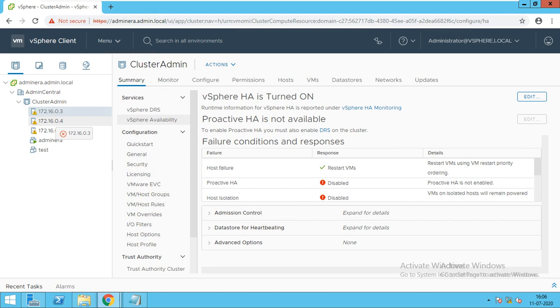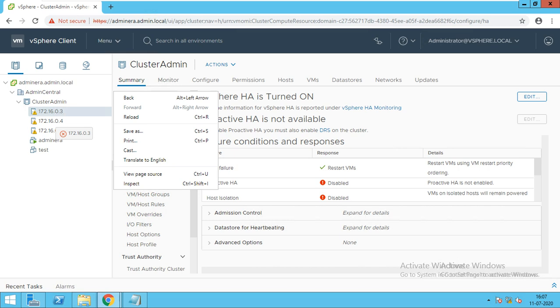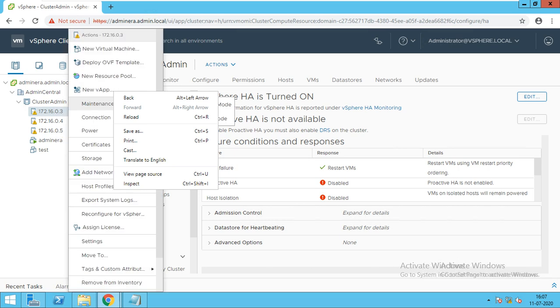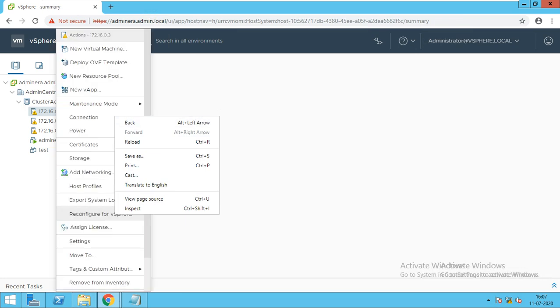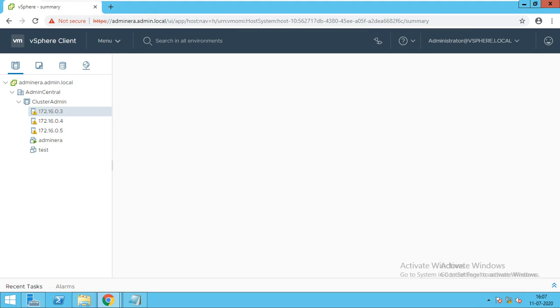So I'll do the right click, and we'll click on reconfigure vSphere HA. After reconfiguring, as the reconfiguration starts, okay, the reconfiguration has been started.